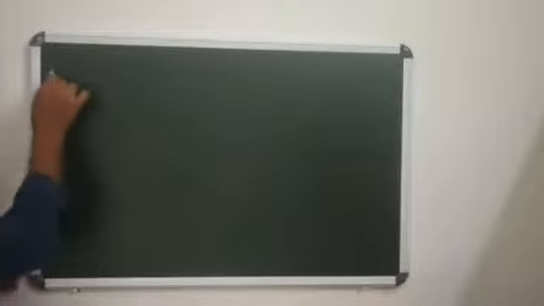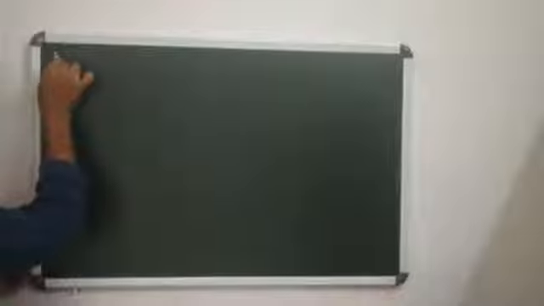Now let us go into an interesting result: any intersection of closed sets is closed. In the case of open sets, we discussed that only the finite intersection of open sets is open. But here we say that any intersection of closed sets is closed. How is it? Let us consider